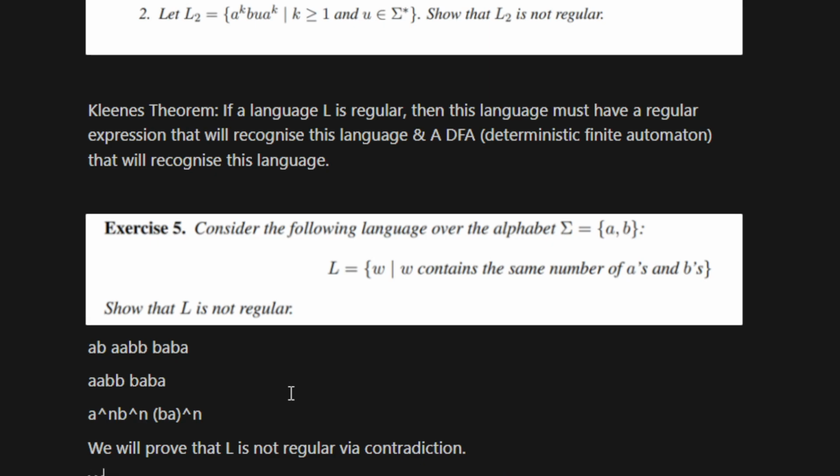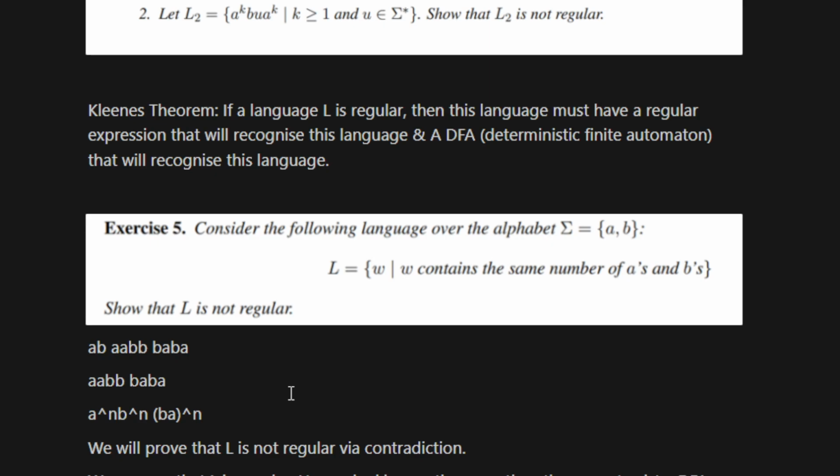So what we do is we assume that L is regular, and hence by Kleene's theorem, because we've assumed that L is regular, then there must exist a DFA